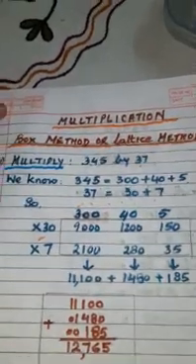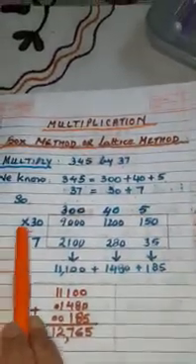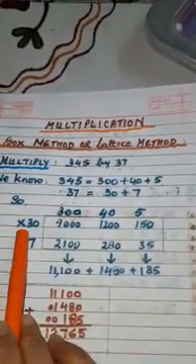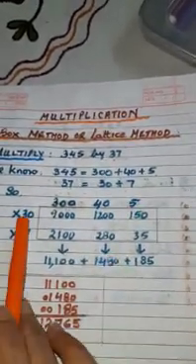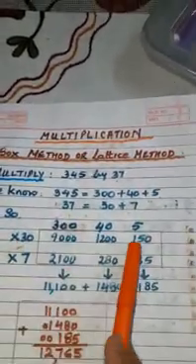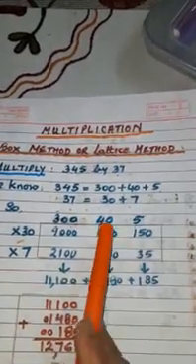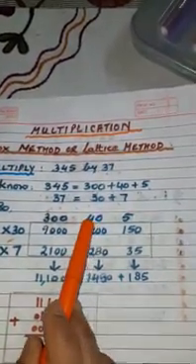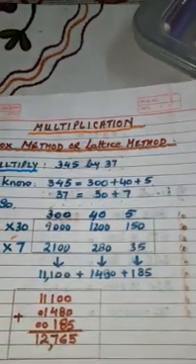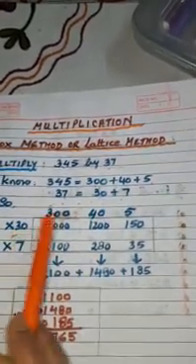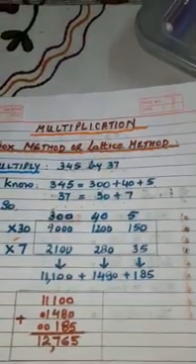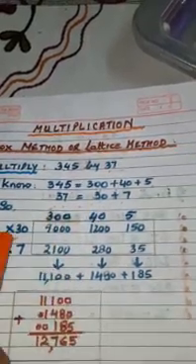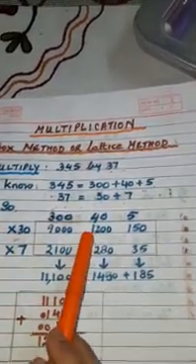What we do? Now we are going to multiply all the numbers one by one, first by 30. See, we are going to multiply this 5 into 30. How do we multiply? 5 zeros are 0 and 5 threes are 15. Now we are going to multiply this 40 into 30. Which is the easier way, you see now? We are going to see the number of zeros in both. Here is also 0, here is also 0. So how many zeros are there? 2. What we do? We are going to write the 2 zeros first. Which numbers are left? 4. What is left here? 3. So 4 3s are 12.